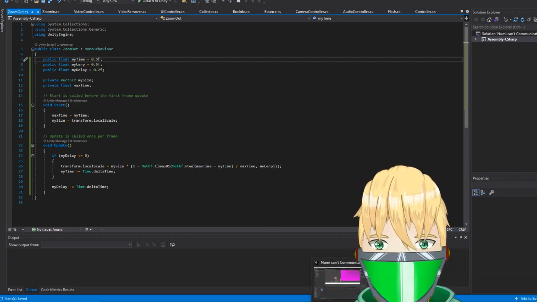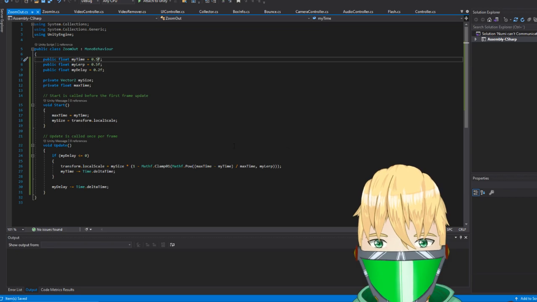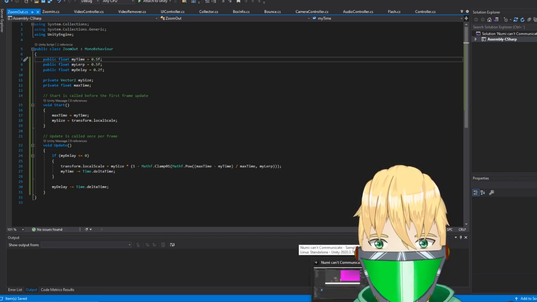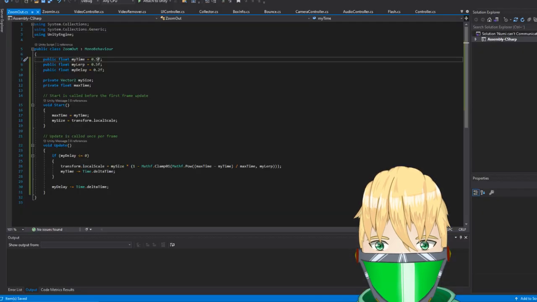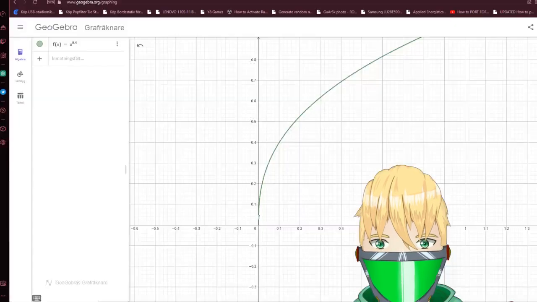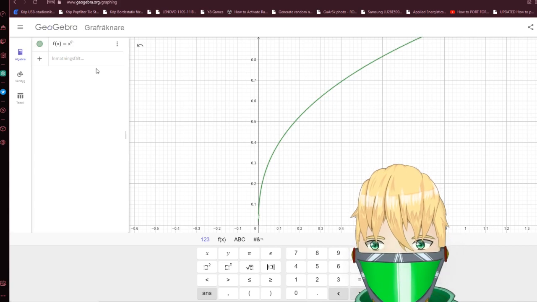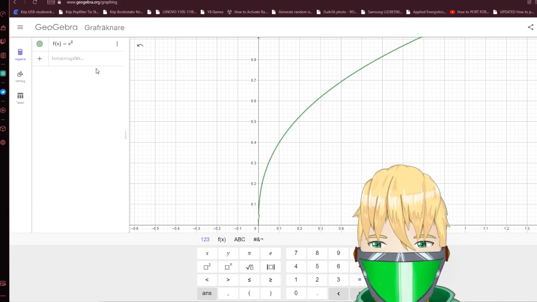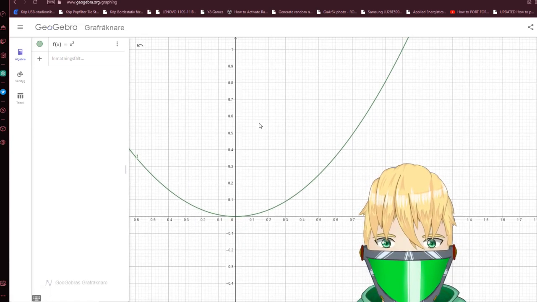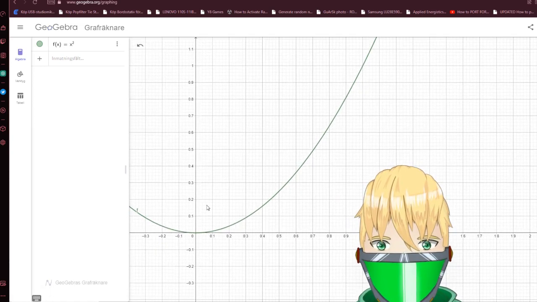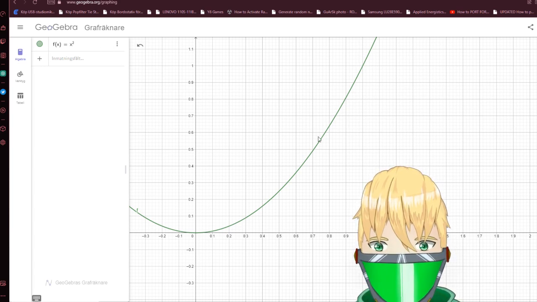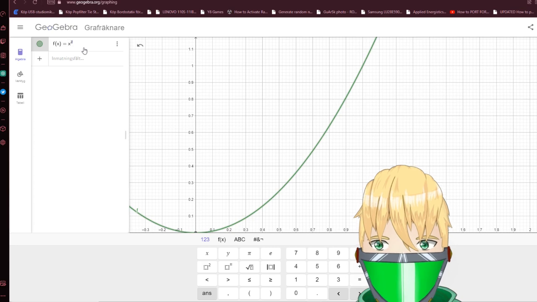What we want is for it to start slowly and increase faster. So what we want here is x times 2, pretty much, I believe. This is what we want for the other one: a slow increase, and then it speeds up.